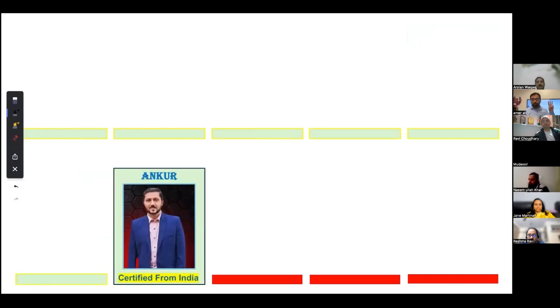Ankur came to me two times. First time he came, he listened to my fees and he said that fees is too much. He went somewhere, failed. Second time, again, third time, the conversation was like that. Sir, send me the payment link. I sent him. Then I called him, said, Sir, I failed two times. Now I want to do PM. He cleared PMP last year with all above target.